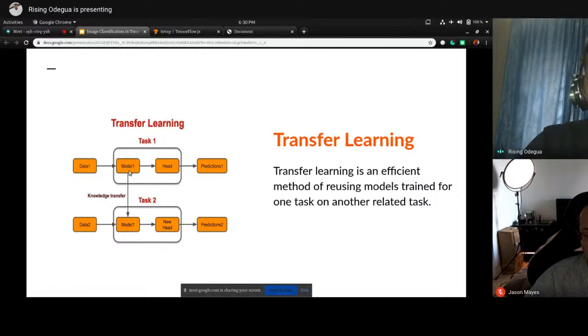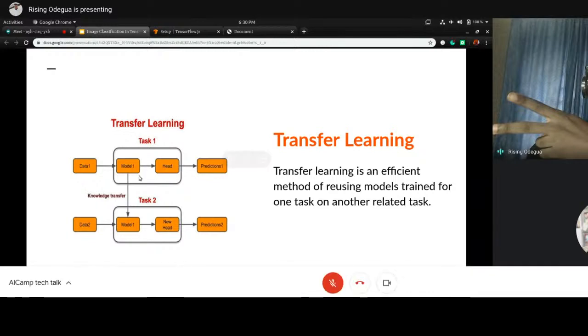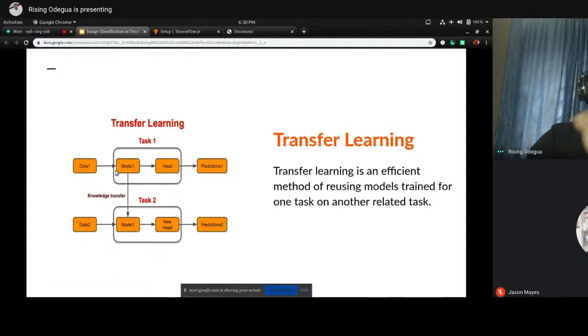But for task 2, if we're going to be transferring this knowledge, we take just the model and cut off the head, because, for example, maybe the model was trained on 1,000 classes and for our new task we just need 2 classes. So we take this model, cut off the head, and add a new head to it. We are basically transferring the weights and the knowledge in model 1 into model 2, and putting on a new head.